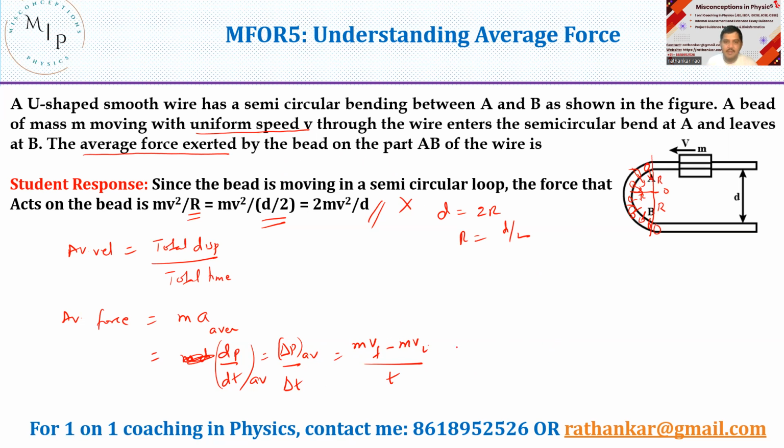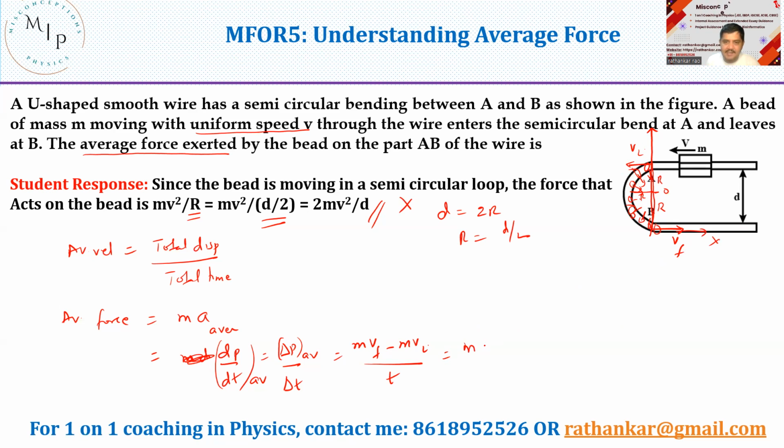Okay. So now, what's happening here? MVF. What is MVF? MVF is acting like this, right? VF is nothing but the velocity which is acting in this direction. V final, the direction of velocity is like this over here. What is initial velocity? Initial velocity is at this point. This is my initial velocity, which is Vi over here. Now, look at this. If I assume this is my positive y-axis, this is my positive x-axis, then can I say that this direction is positive Vf and this direction is negative Vi? Right? Obviously.